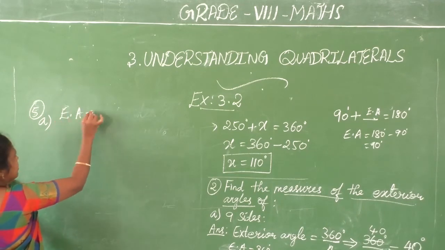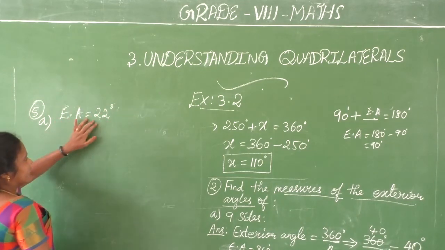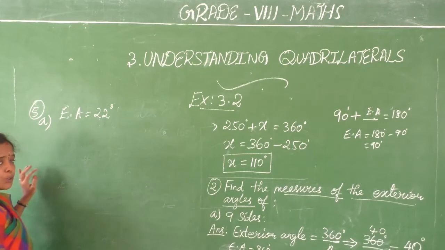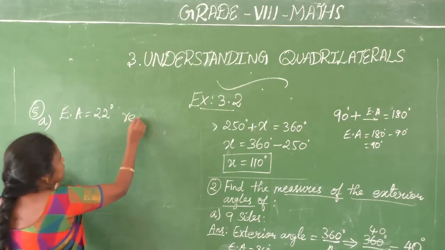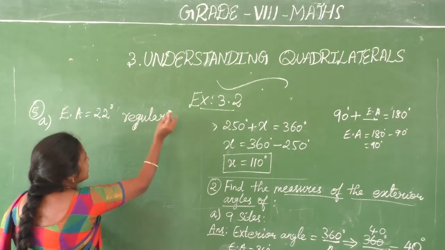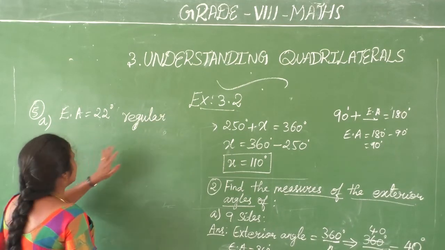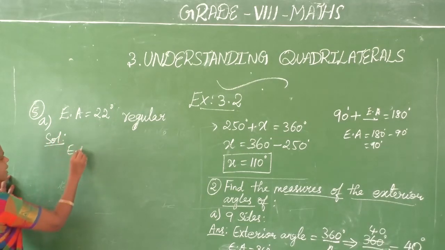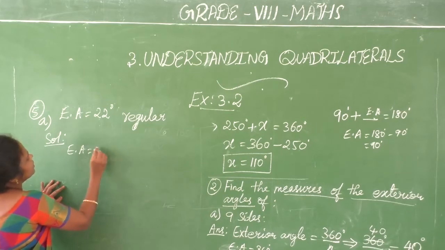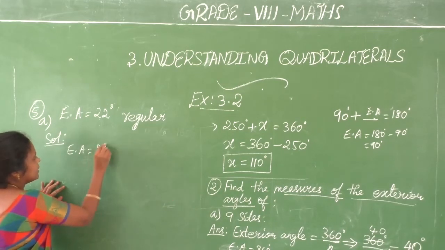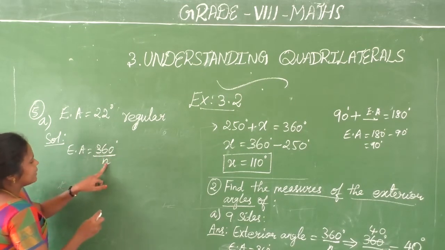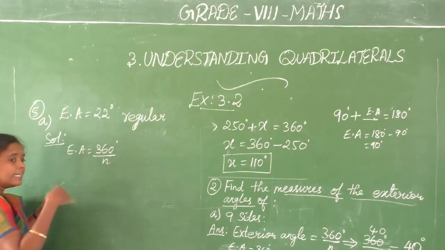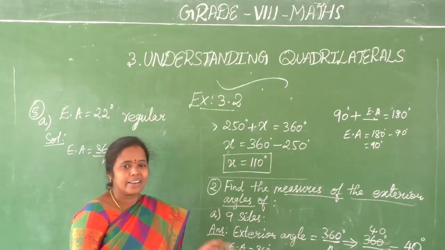The exterior angle is given as 22 degrees. When the exterior angle is 22 degrees, is that figure a regular polygon or not? You check. This is the question. Regular means what condition? All the sides and all the angles must be equal. Clear? We are going to check. See, using which result can we find this, the same way: exterior angle is equal to what formula? Just now we applied 360 degrees by n. Here the number of sides we don't know, so n, the number of sides, we have to find, and there we find whether it is regular or irregular.